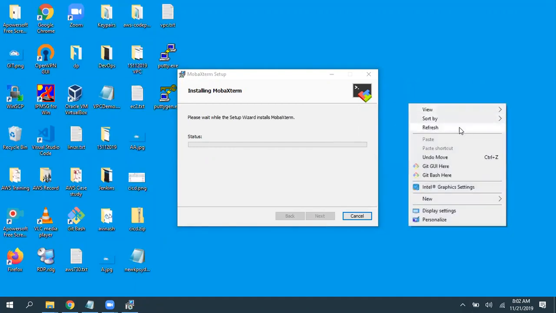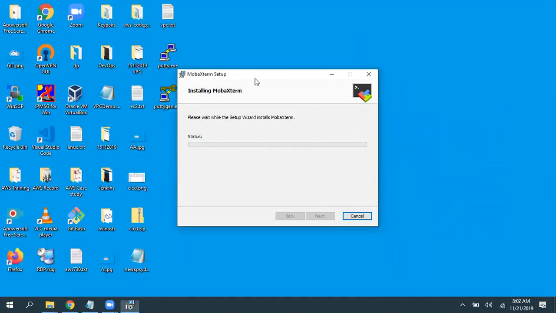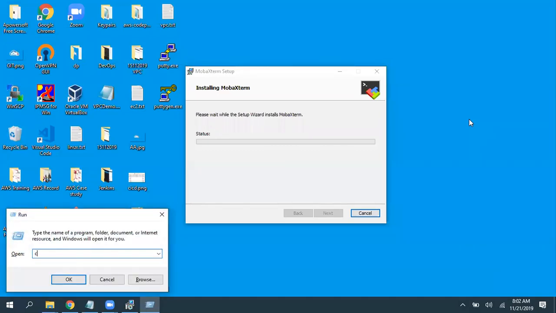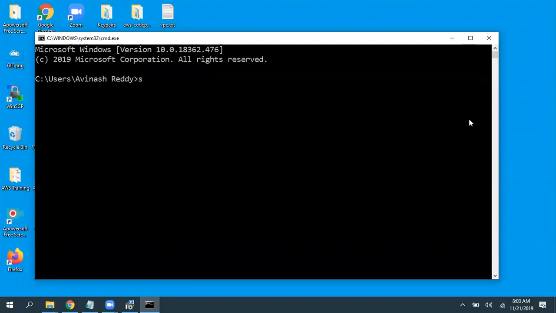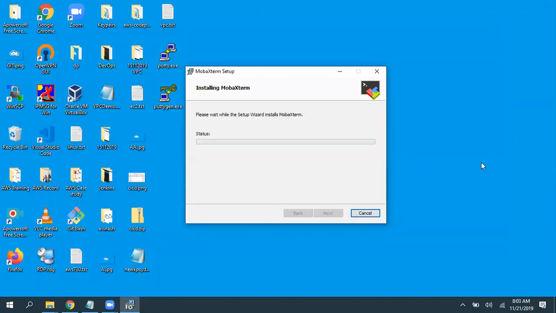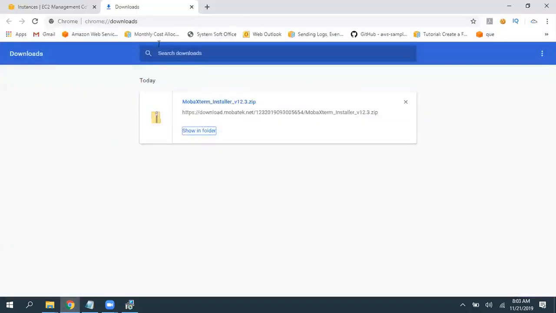So in Windows 10, we have an option, OpenSSH. If you enable OpenSSH, we can use our regular command prompt also. Here we have the command prompt, right? If you give the SSH command, generally it is going to say SSH is an unrecognized command. But when you enable OpenSSH in your Windows machine, then you can use that. Or else you can do one thing, you can install Git.